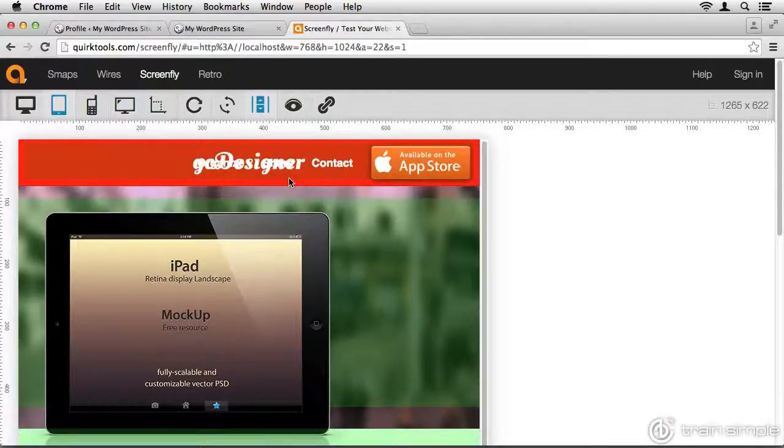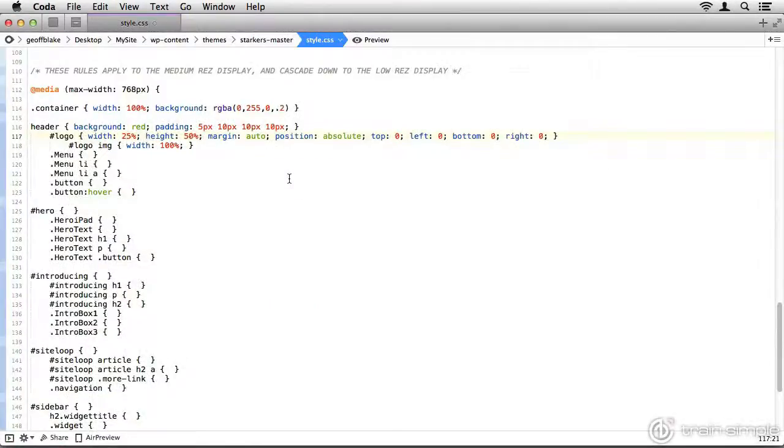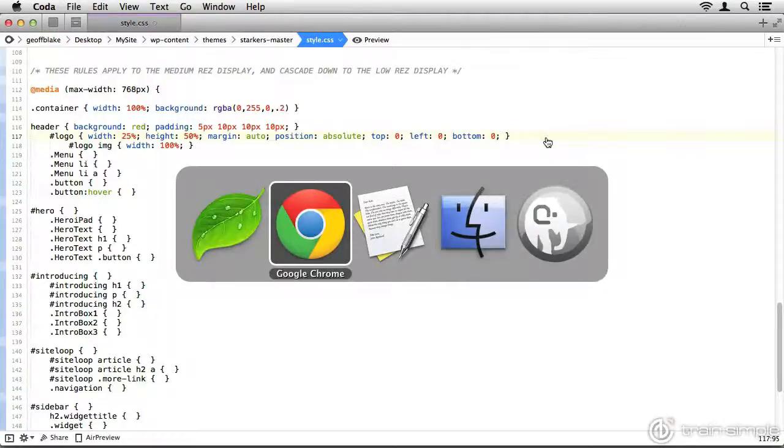Check this out. I'm going to head back to my code because I want my logo to sit back over where it was, over on the left-hand side of the header, right? So back inside the CSS here, where we've added in the top, left, bottom, and right, as a matter of fact, we don't need the right. I'm going to get rid of that guy. I simply threw that in to show you how you could center a div also horizontally as well as vertically inside of another div. So let's get rid of that right: 0,